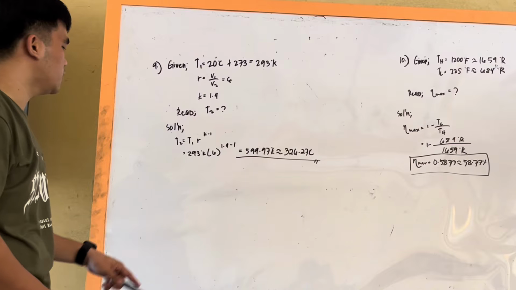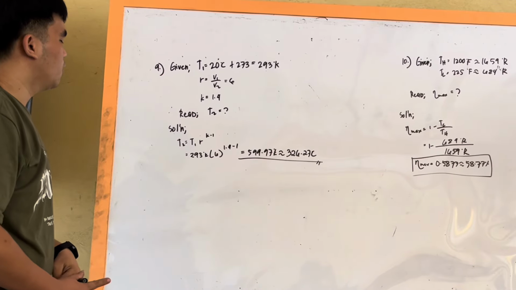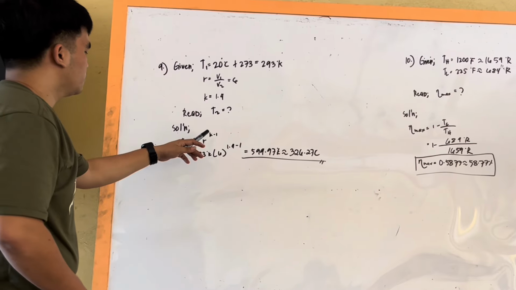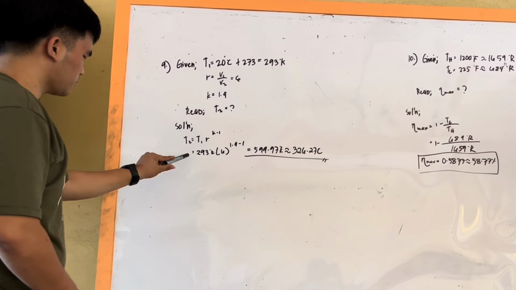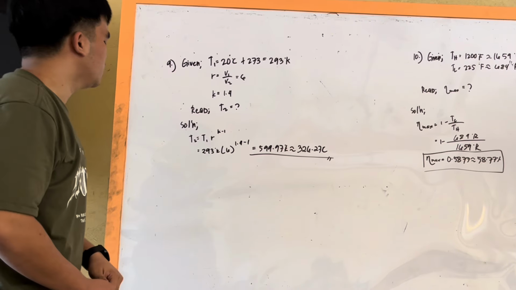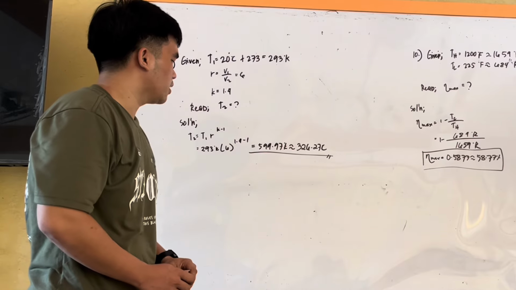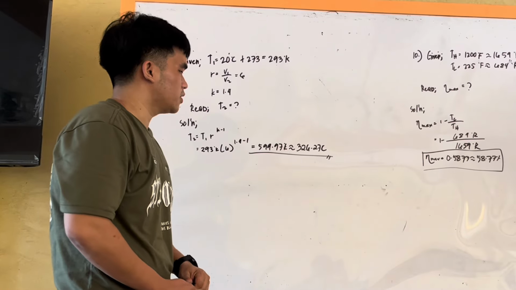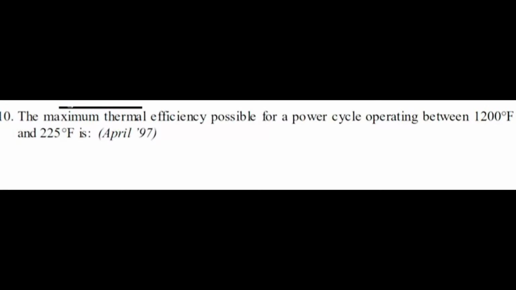So the solution is T2 equals T1 times ratio to the power of K minus 1. So inputting the given, the answer T2 is 499.97 Kelvin or 326.57 degrees Celsius. The last